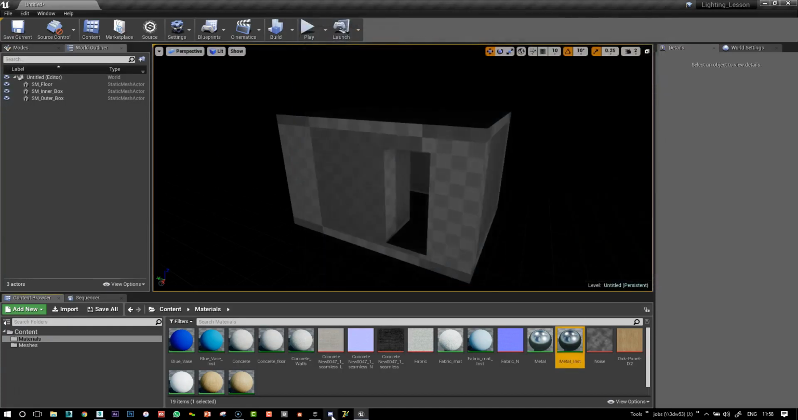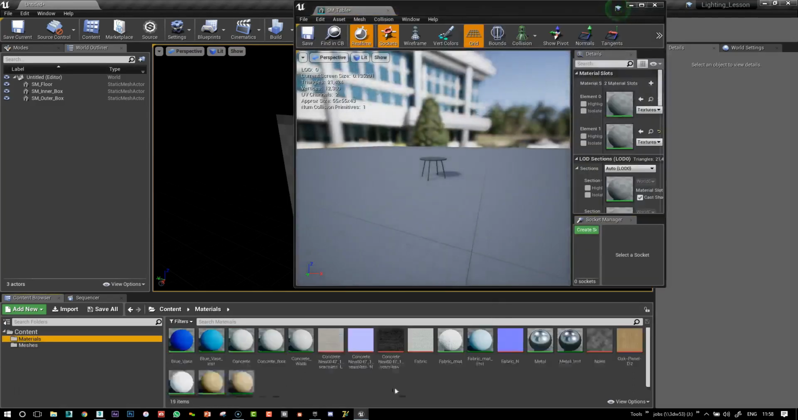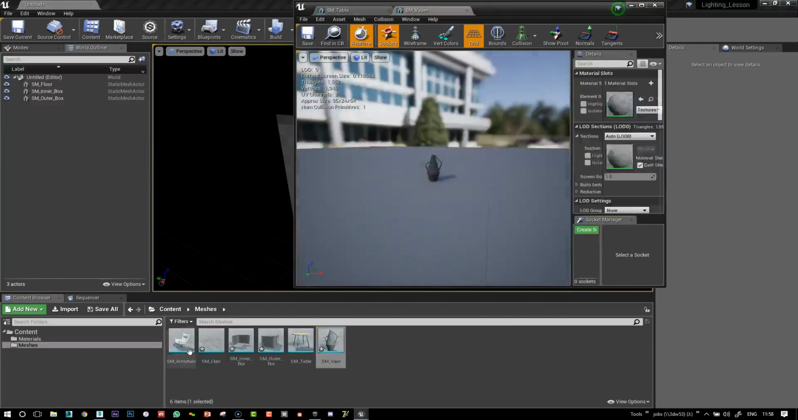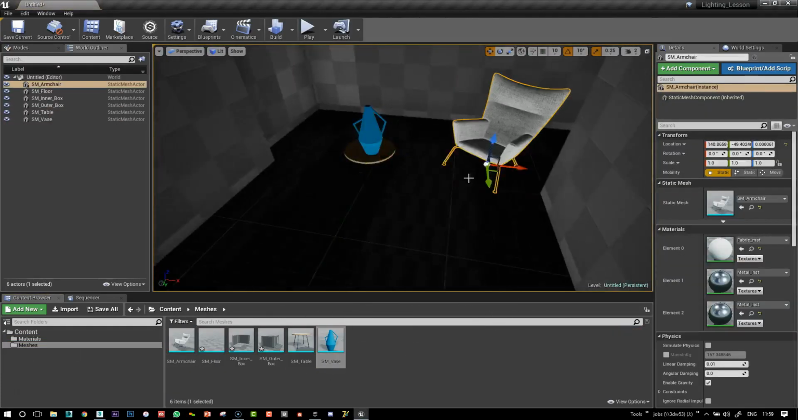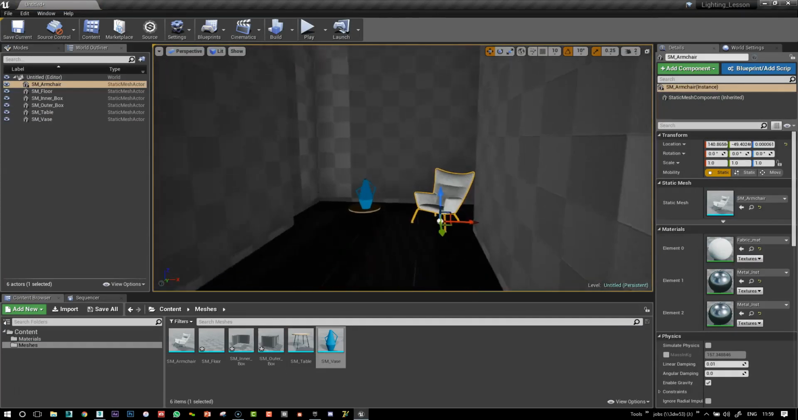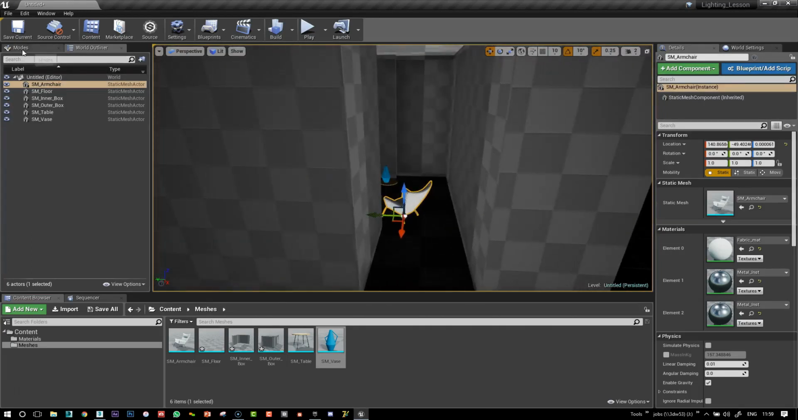Okay, so same thing with the table and the vase. Okay, that's it for the placement of the objects. One thing we will need to do